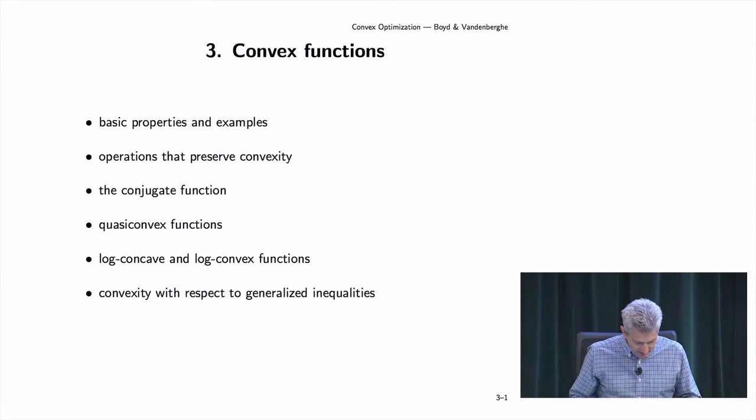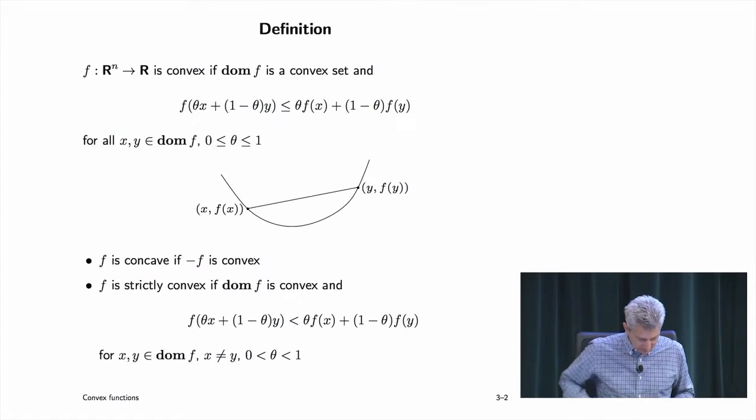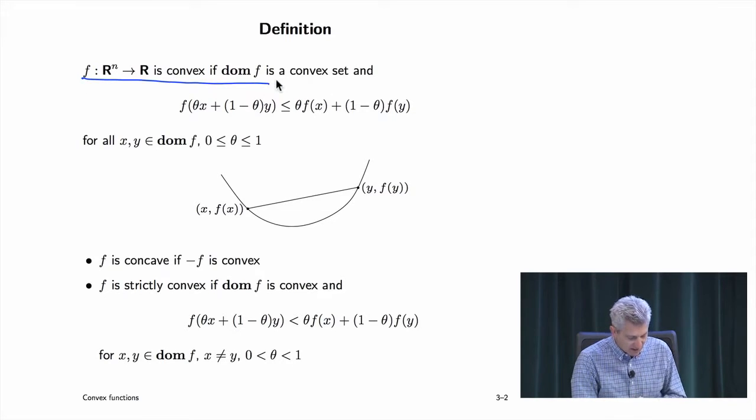Now we're going to start in on convex functions. Well, first of all, the definition is very simple. It says that a function is convex if its domain is convex, and also if it satisfies this inequality. Now, this inequality says that if I take a mixture of 2 points, so theta is between 0 and 1,